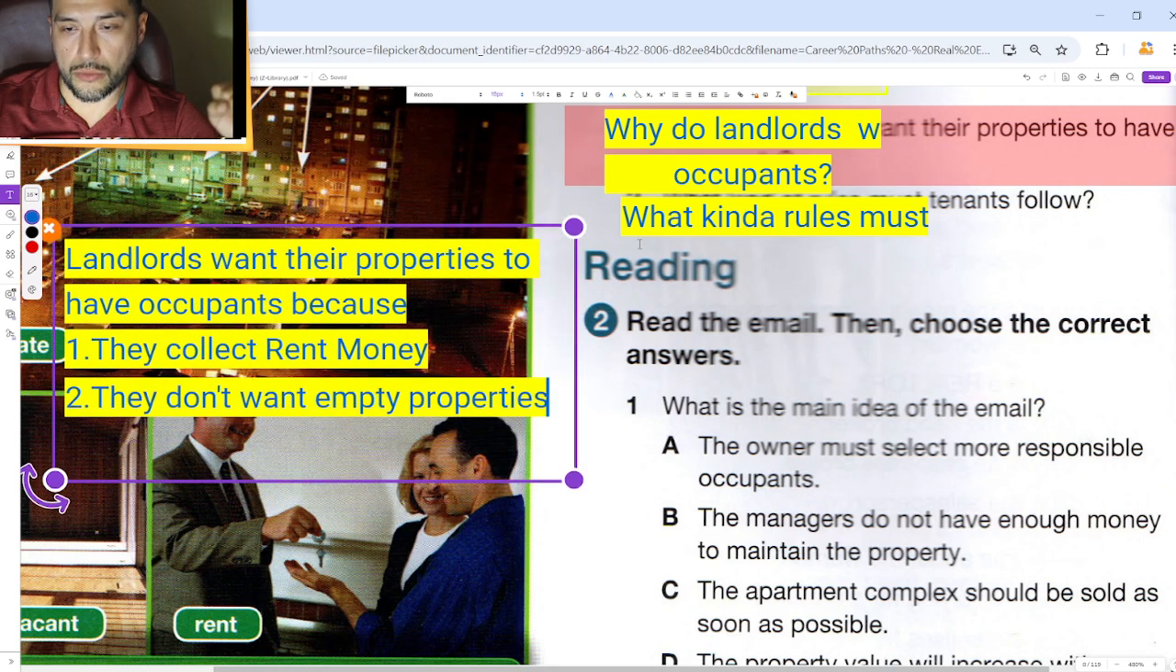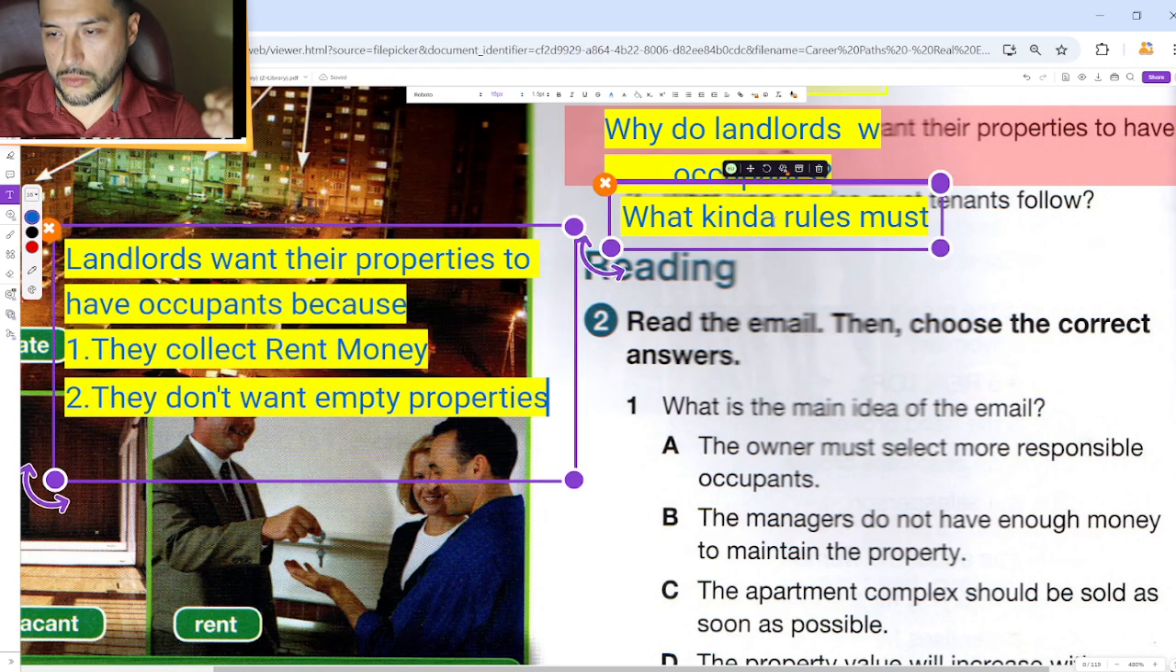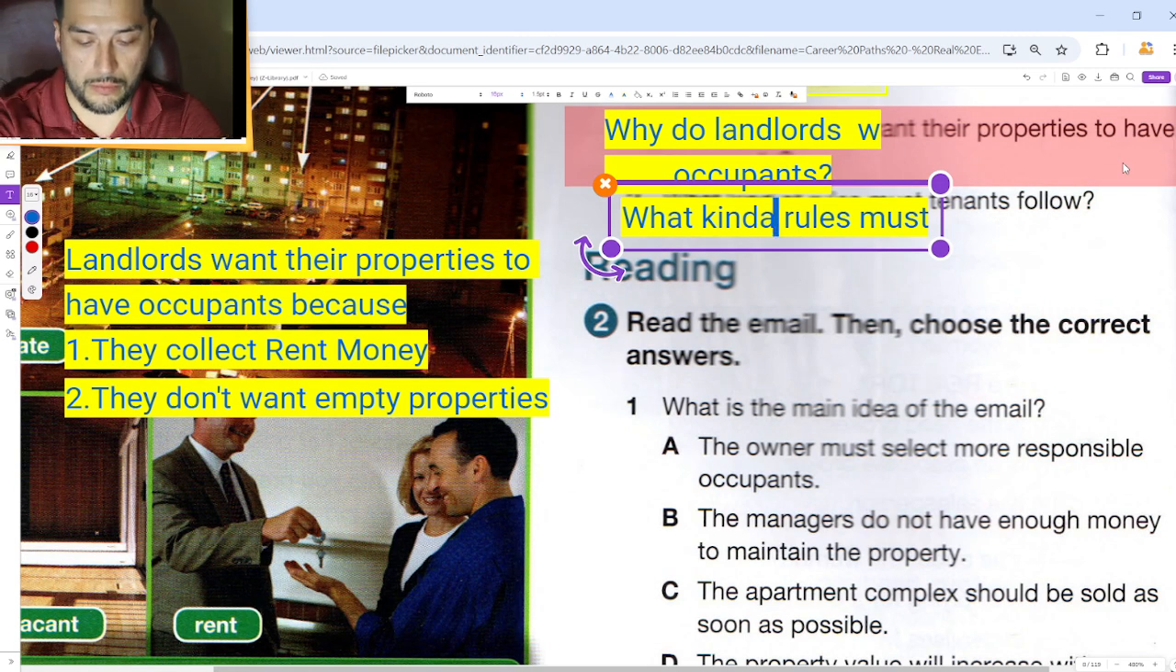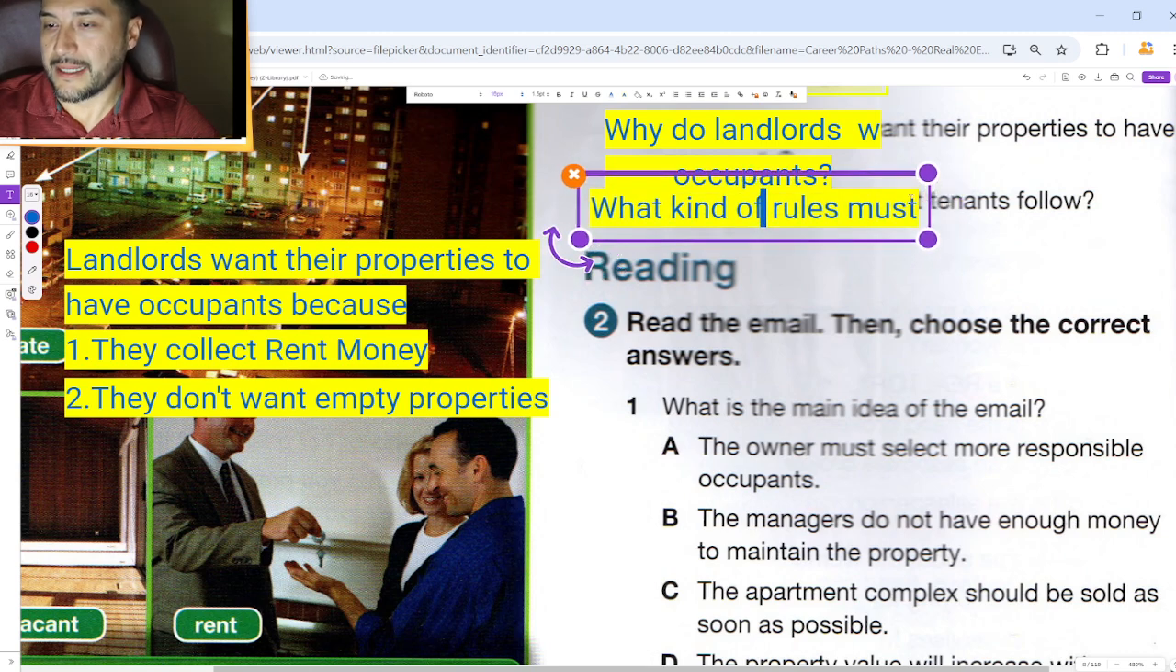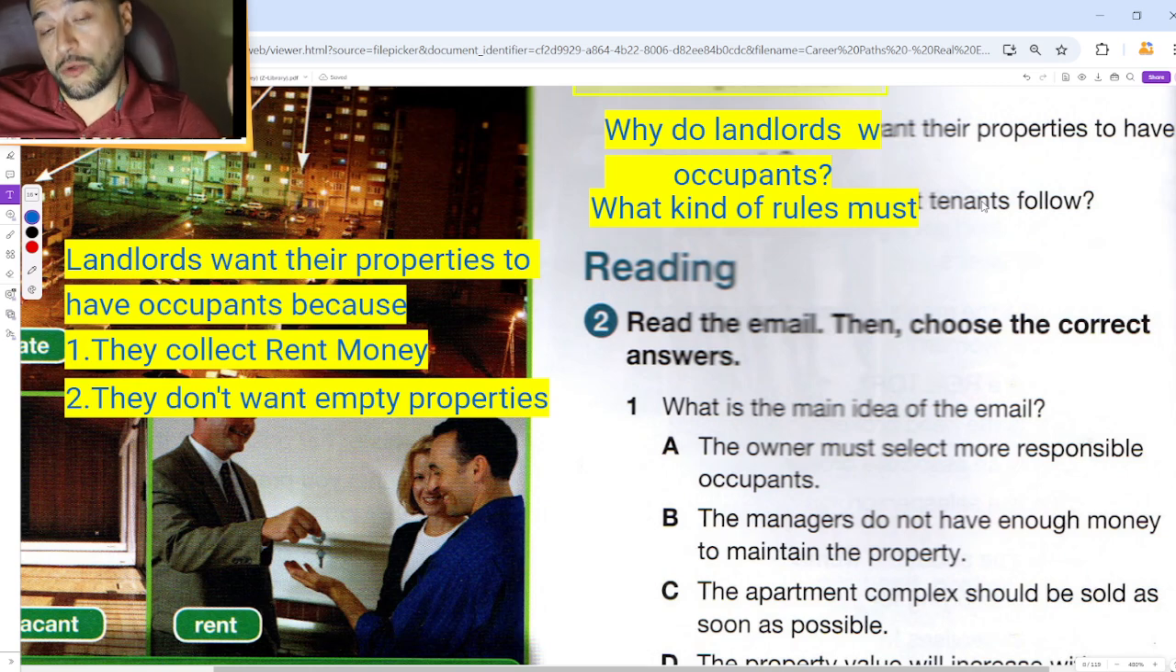Number 2, what kind of rules must tenants follow? At the place where you live, do you rent? If you rent, you are a tenant. What kind of rules do they have in the property you rent? For example,